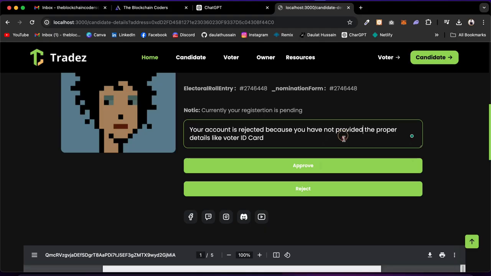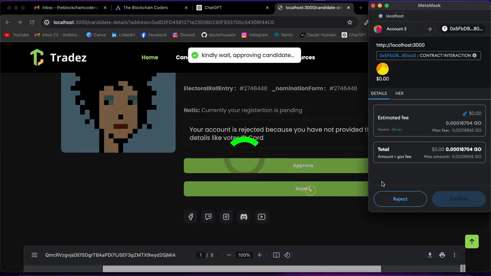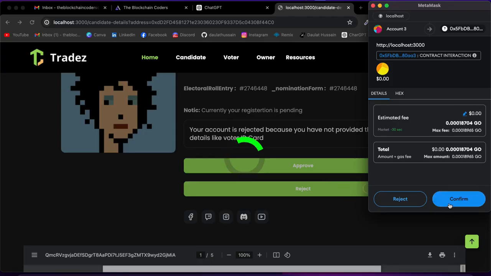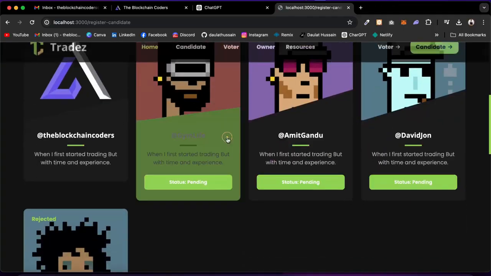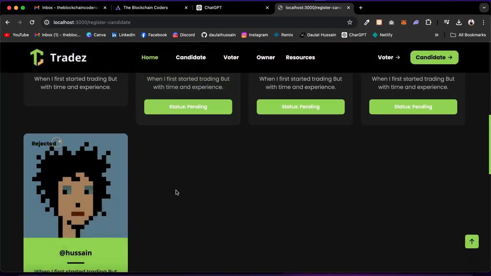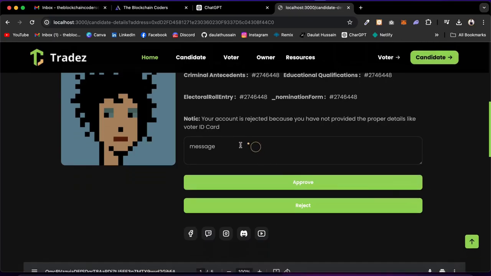So let me do that. Once I click this reject, it's going to make the call to our smart contract. I'll simply click on this confirm and you will see that this application got rejected. You can see the rejected status we have. If I click here, I will have this option, so I can simply approve or reject once they update